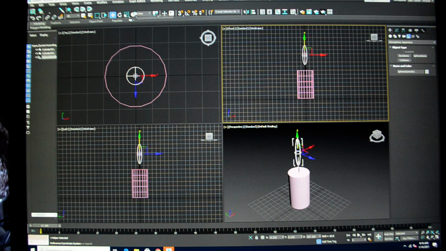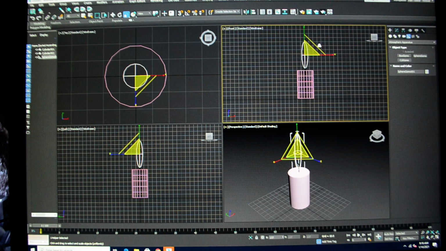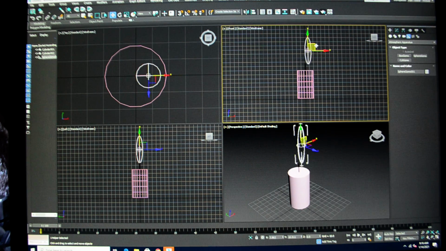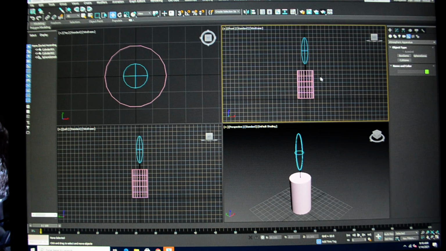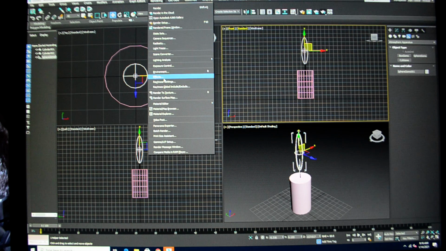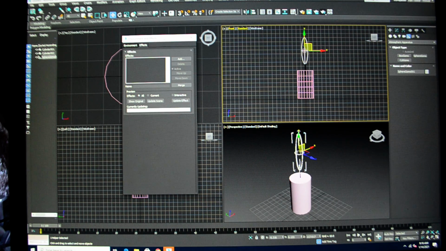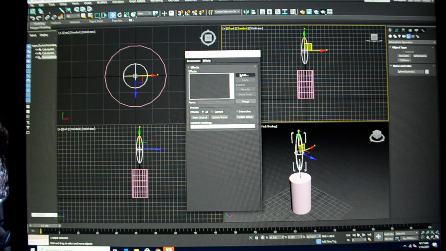You can always do more later. I'm also going to make it a little bit bigger, because having worked with it, I know that's not big enough. It makes the flame a little bit smaller. Okay, so now that we have that on there, we are going to go to Rendering, Effects. All right, and we're going to add